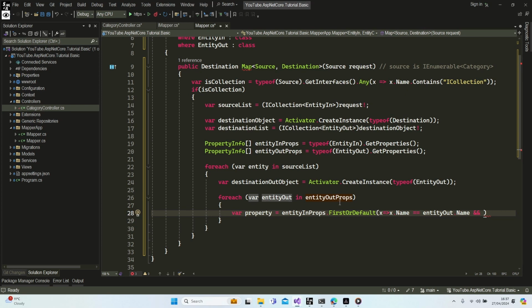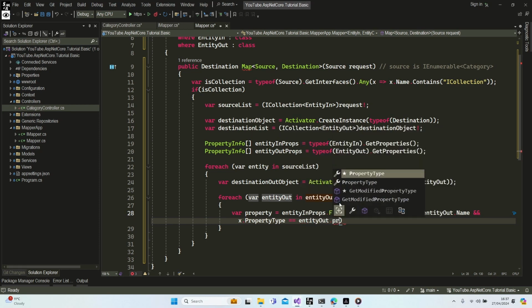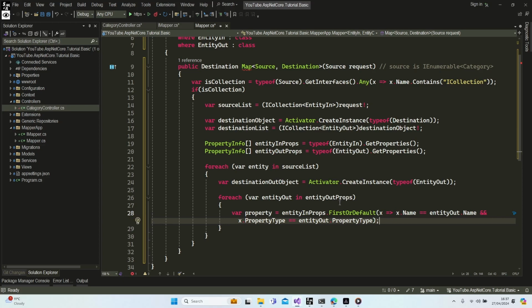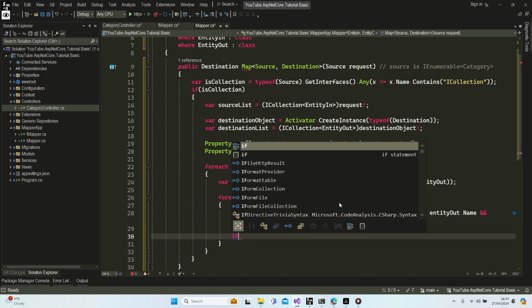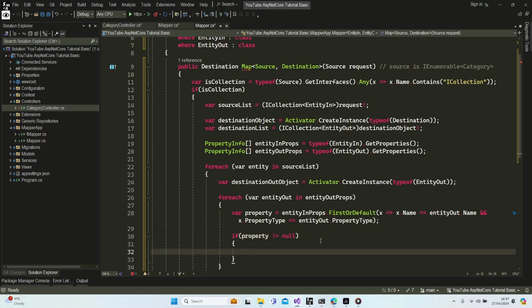All right, the property type must be the same with the entity out property type. All right, perfect. Let's have a look what kind of result we have. It returns property info. All right, guys, if this property info is not null, it means we have a matching object